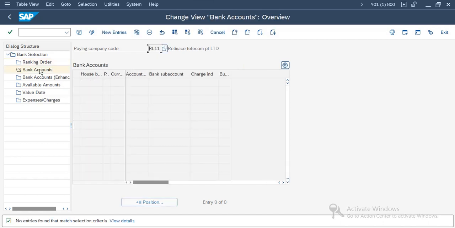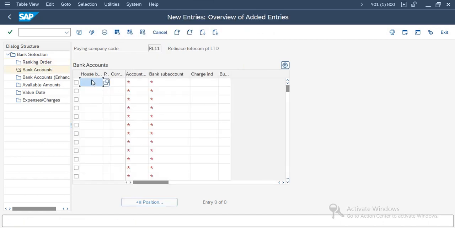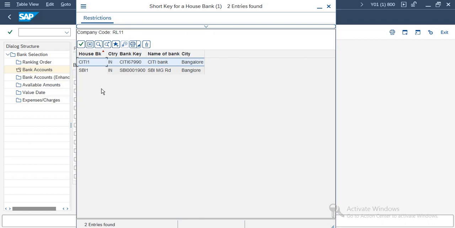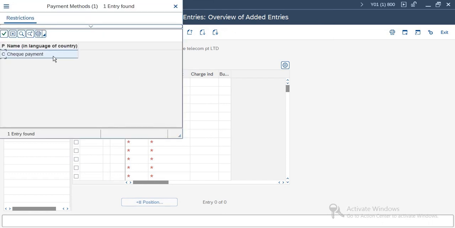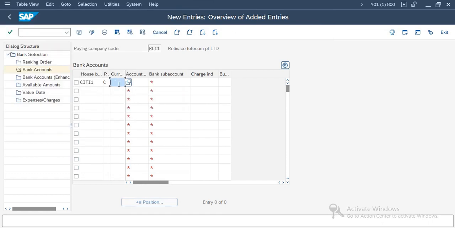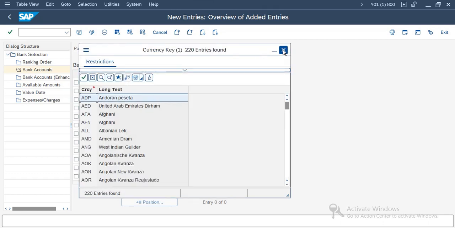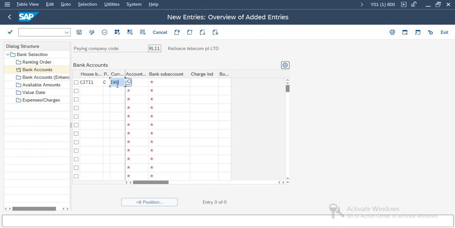Now bank account, new entry. Now here we have to select the, for city we have selected, for payment method C. For this only we are just mentioning house bank should be C and payment method C, and the currency INR. We have not selected any other, so just INR. And here we have to define the